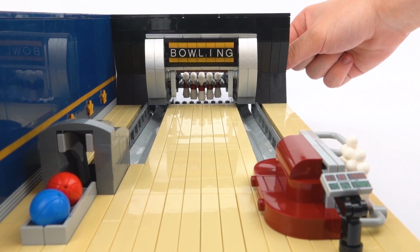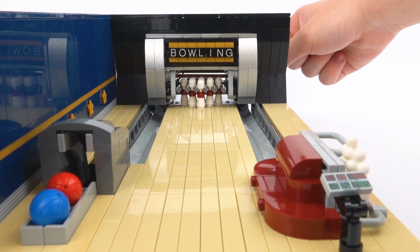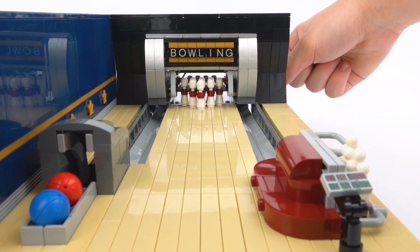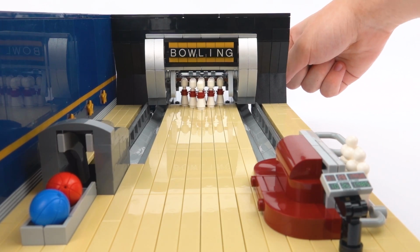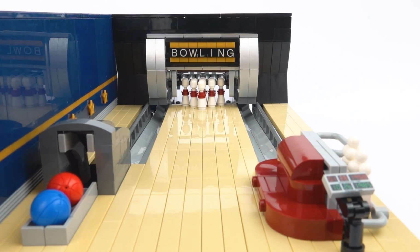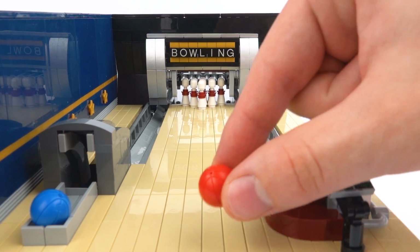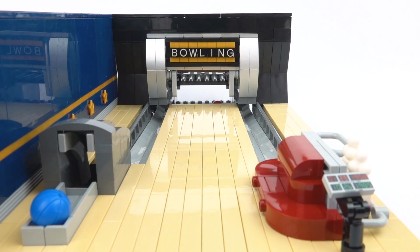And it's super easy to reload. You just turn the handle on the side and that brings a new set of bowling pins into the playing field, ready to be knocked down all over again. So as you can see, this working Lego bowling alley includes all of the functional components needed to play a